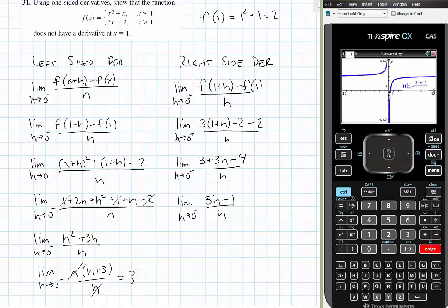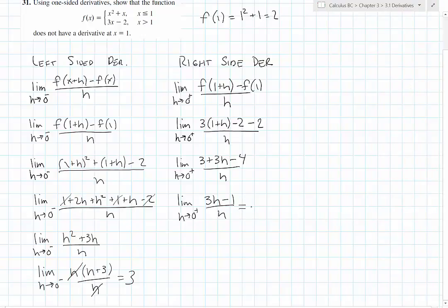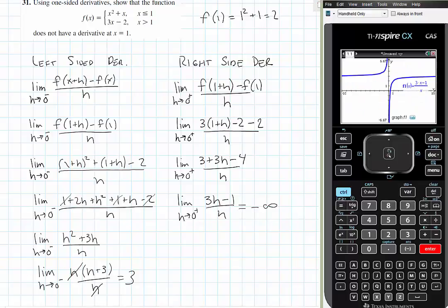x. And if you look at that graph, you're going to see that this expression, as h approaches 0 from the positive side, is negative infinity. Let me bring that expression back up. Yep, it goes to negative infinity as we get closer and closer to 0. Now, that being the case, that means that these two limits don't agree. That means that the overall limit, the limit as h approaches 0 of f of x plus h,